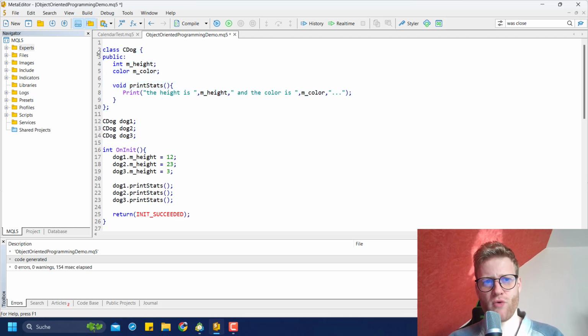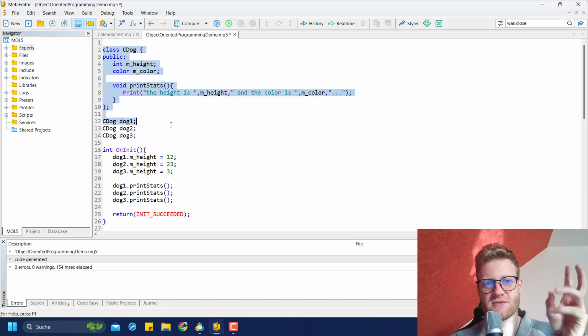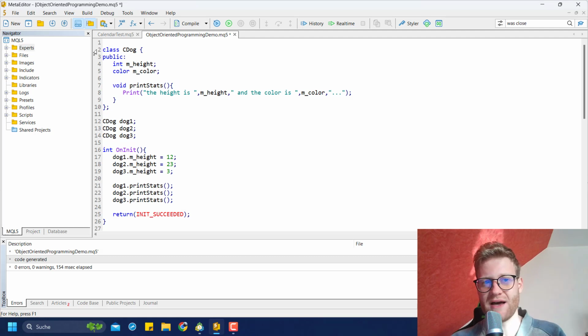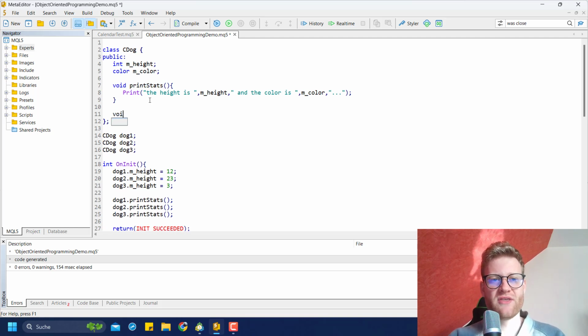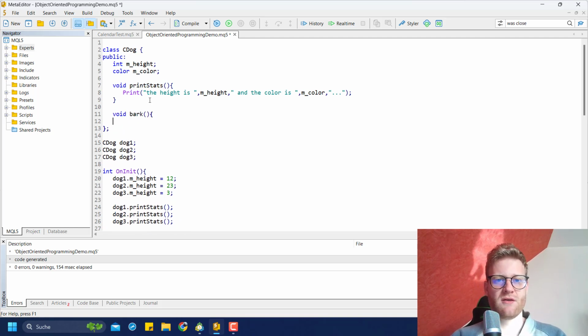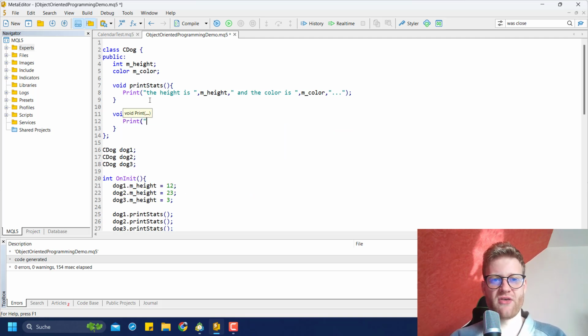So a programmer will understand this easily, because this is something that we know from the real world. Like we have dogs, and we know every dog has a height and a color. So we can simply create this kind of template or class structure to create something that applies to every single dog. So now, we can do something like this. And we could also say this dog can bark. And then we can say we have this other function here, and we say the